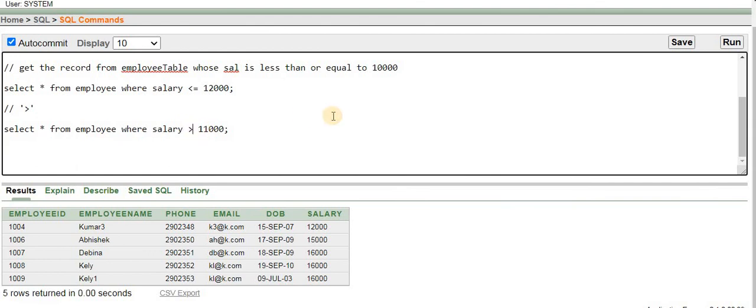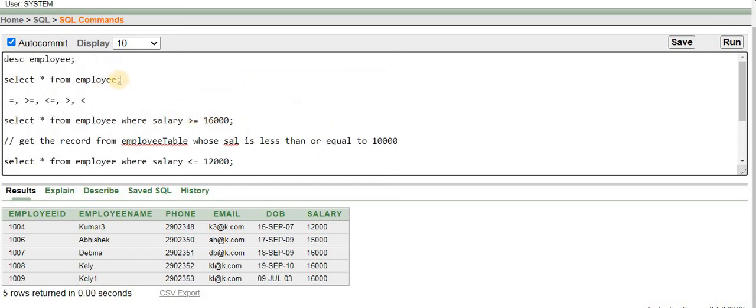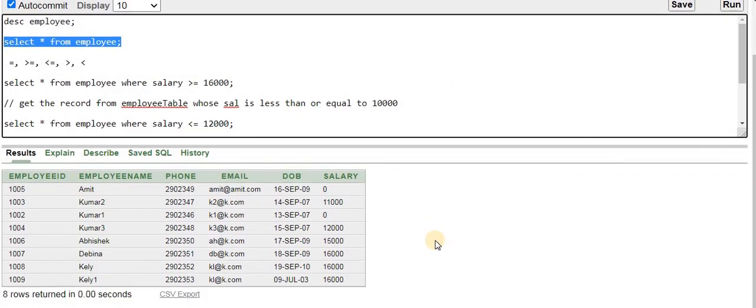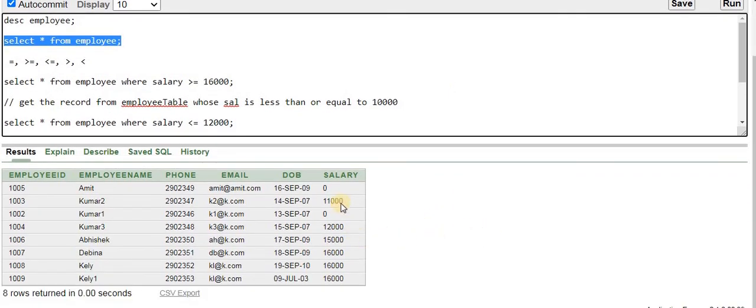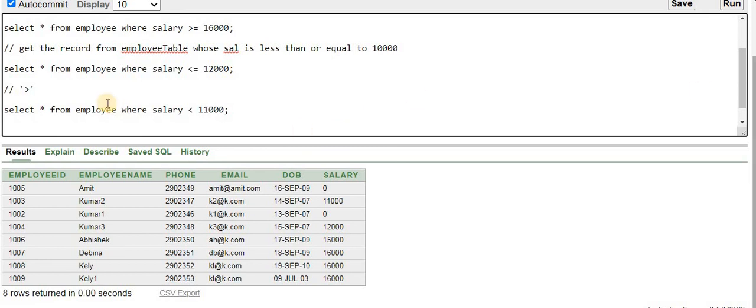Now I will just change this operator to a less than operator. Let us go again to this employee table and check how many records are available whose salary is less than 11,000. There are only 2 records available whose salary is less than 11,000. So if I run this script, only 2 records should be returned by this employee table.